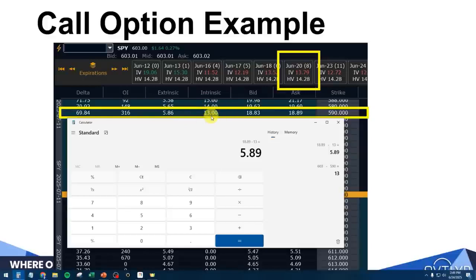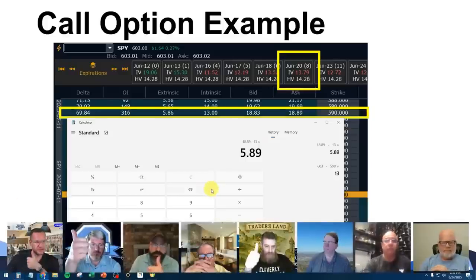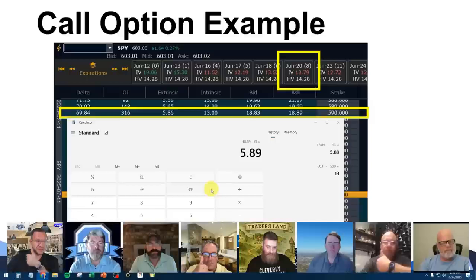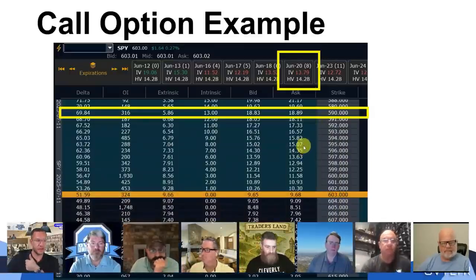This is the intrinsic moneyness of it. That's the difference between the current price and the strike, and the difference between the option price and the intrinsic is your extrinsic value. Everybody following? Good? All right. Give me a thumbs up if you're understanding. This is deep finance theory right here. If you guys can understand options, you can make ungodly amounts of money in the market.